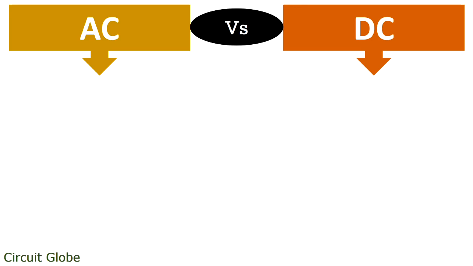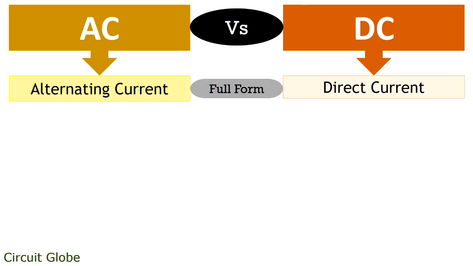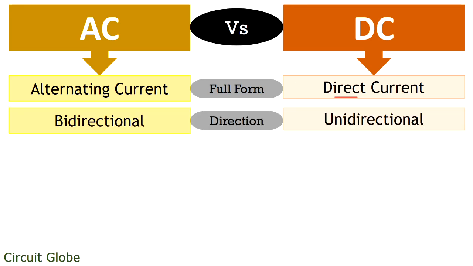So basically AC stands for alternating current while DC stands for direct current. AC and DC are majorly classified on the basis of nature of directional flow possessed by them. So when we talk about direction, AC is bidirectional while DC is unidirectional. The reason behind this is that AC is generated when electrons flow in forward as well as in backward direction, while DC is generated due to the unidirectional flow of charged carriers.